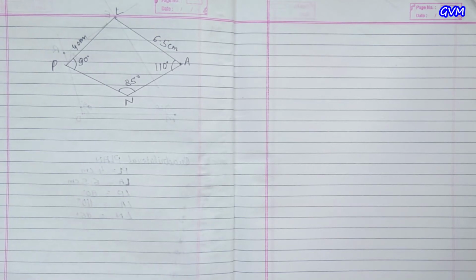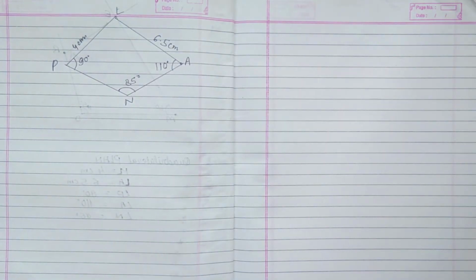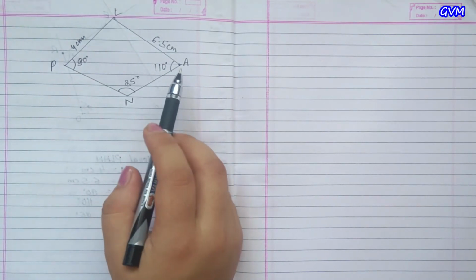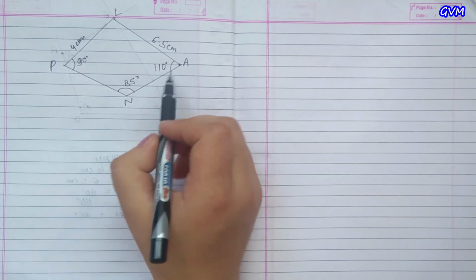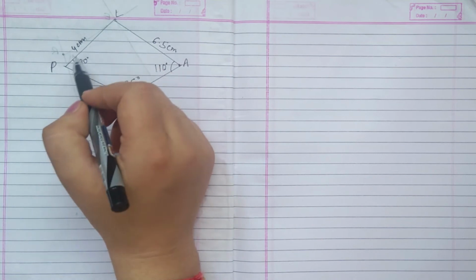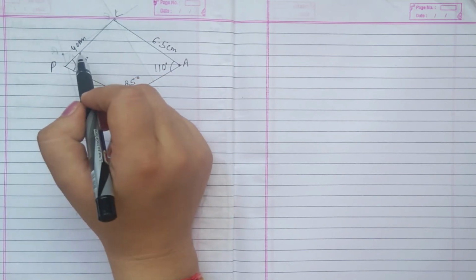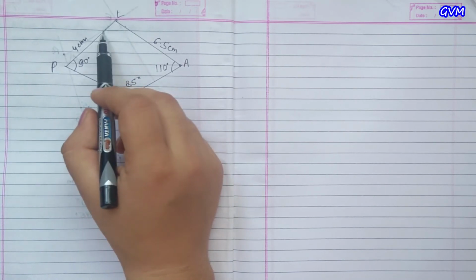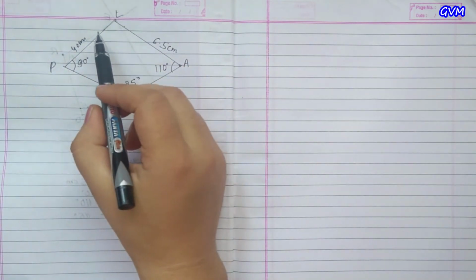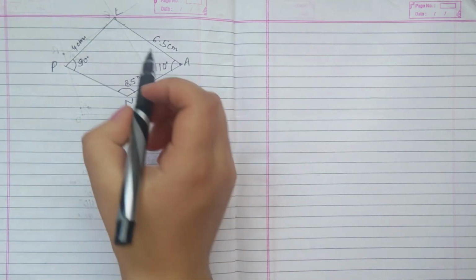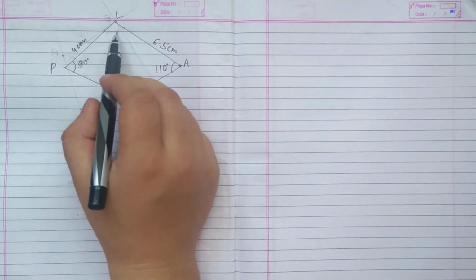So for that we will take any one side, but before that we have a little complication here. How? See, if I take this line first, 6.5, and then I have to make an angle of 110, okay, I will make it, and the line 4 cm is on the other side. But we don't know what angle this is. Without knowing this angle L, we cannot make this 4 centimeter line that will fulfill the conditions. Okay, so we first have to know what this angle L is.